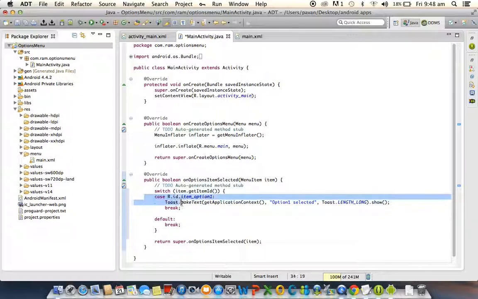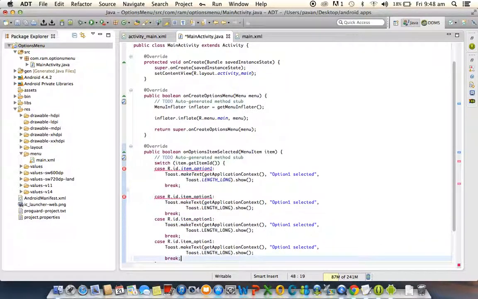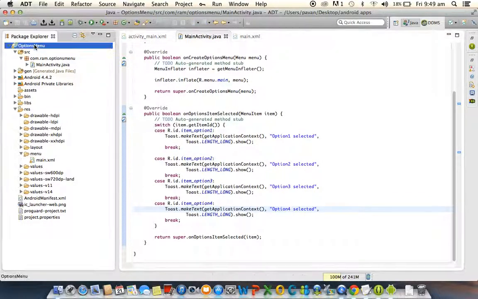In the same way we need to create how many cases? 4 cases. This is second case, third case, fourth case. This is 2 and option 2 selected, and this is 3, and here option 3 selected, and this is 4, here option 4 selected.